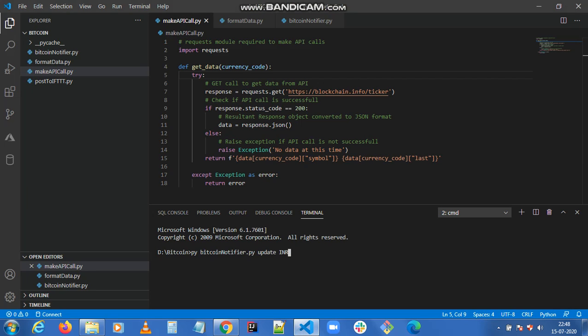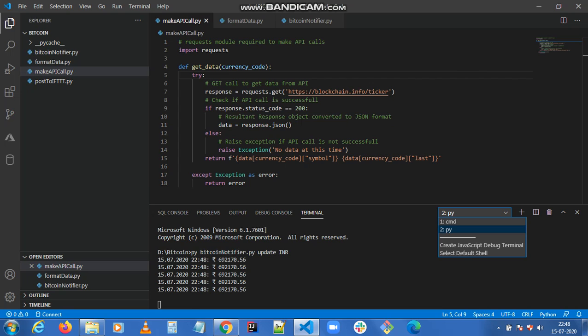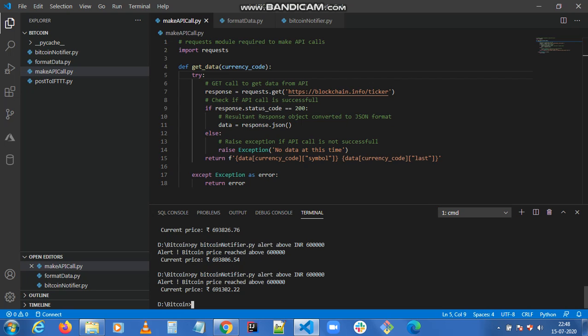So if I run this, every second the Bitcoin price value will get accumulated, and at the end of 5 seconds I will be getting the values. So I have populated the Bitcoin price along with date and time. As you can see here, this is how the output will be, and this will be printed every 5 seconds.